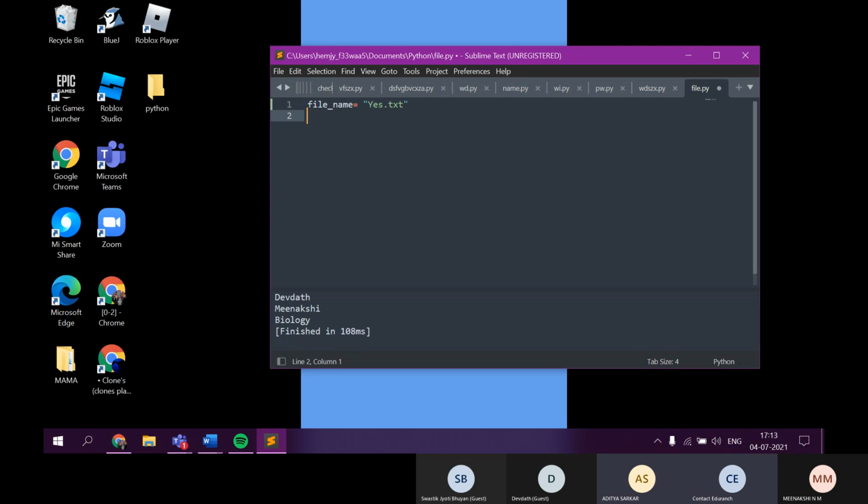No, hold on. Okay. So now say, what is the syntax? Open. Before that, you should say with, right? With space open. Open is a method. Okay. Parenthesis. Inside that, give the file name variable.